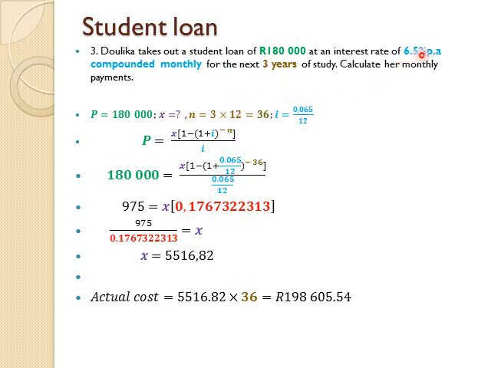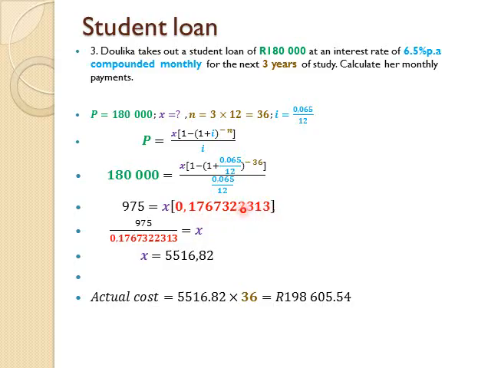6.5% is 6.5 divided by 100, which is 0.065, and it's compounded monthly, therefore divided by 12. So P, 180,000 equals X times (1 minus (1 plus 0.065 over 12) to the power negative 36) divided by 0.065 over 12. 180,000 times 0.065 over 12 gives me 975. Then 1 minus (1 plus that) to the negative 36 simplifies to 0.1767